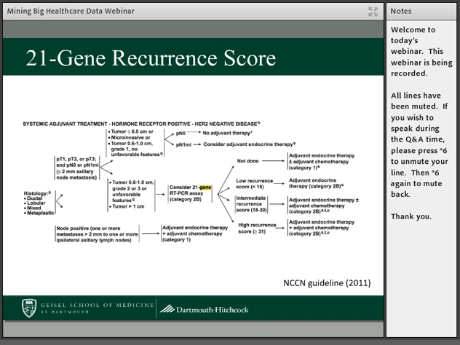So we actually worked with Genome Health to send them our medical record numbers, and they gave us back the information about which patients in our cohort had received the test, as well as what their results were. This is a paper we're putting in now, but there were a large number of patients. Only about 20% of the patients who should be getting the test were getting the test done. So they actually probably reflected closer to what the notes were indicating.